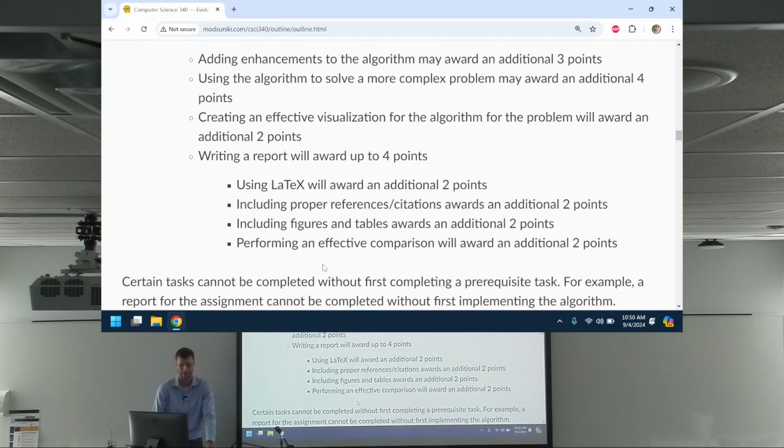So if you do the report, you get 4 points. If you use something called LaTeX, people call it different things, I call it LaTeX. Who here knows what that is? 2 people, perfect. 3, 4 people, amazing. If you use LaTeX with the proper templates, I'll explain more of that in a second, you get more points. If you do proper referencing and whatnot, you get 2 more points. If you include good figures and tables to describe what's going on, you get more points. If you do a good comparison